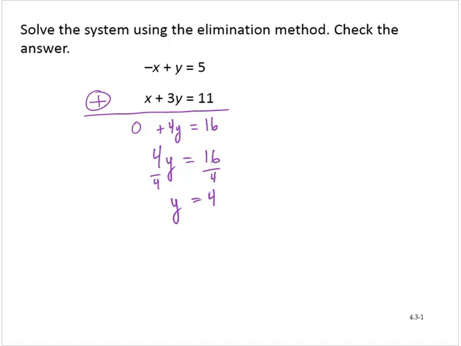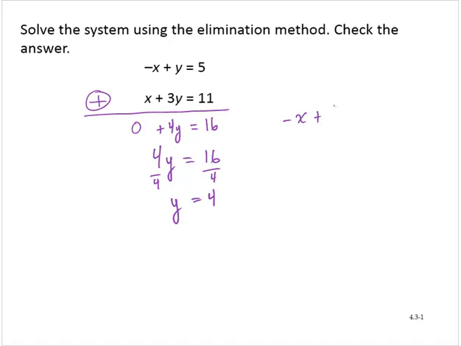Now recall that to solve a system, we need a value for x and a value for y. So what we'll do now, just like we did with the substitution method, is we'll take that y equals 4 and substitute into one of the equations. I'll just use the first equation,